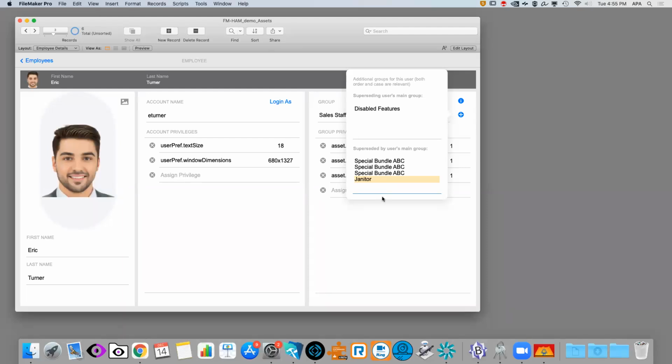But if there are any conflicts, they're going to be resolved where the principal is going to win over my janitor privilege. Okay, and in the same fashion, if I am the janitor, now having janitor as my main group, and I'm replacing for the